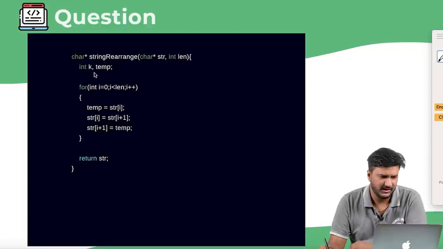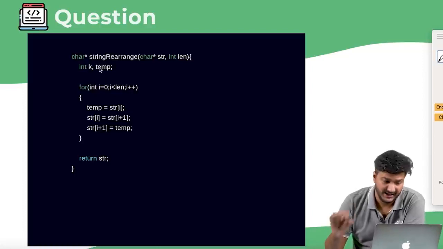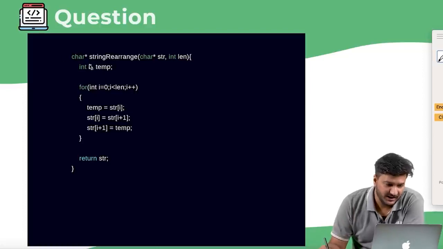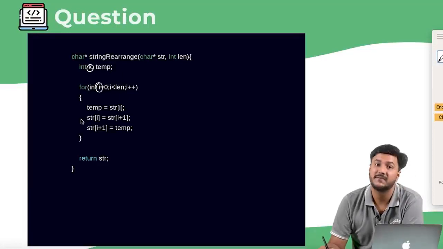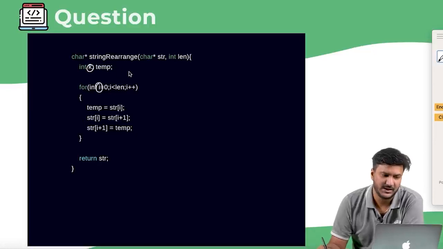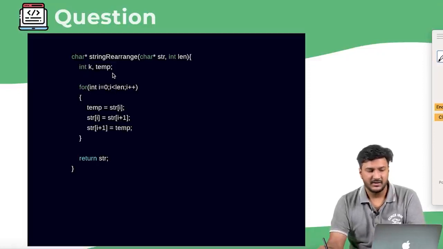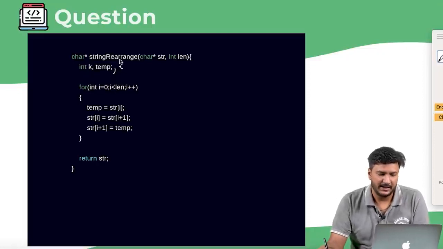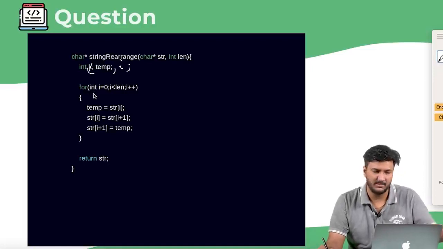What they've mentioned here, if I'm able to see very correctly, is k, but they are using i here. So that is the first mistake. In that case, what I would do is simply either change it to k, or put a comma and then write i here and then maybe remove k, right? Whatever you want to do. There are multiple ways to fix it. So that would be the first error, right?